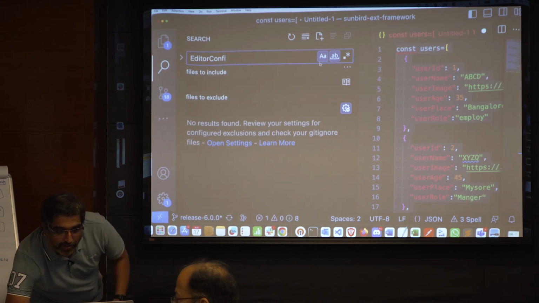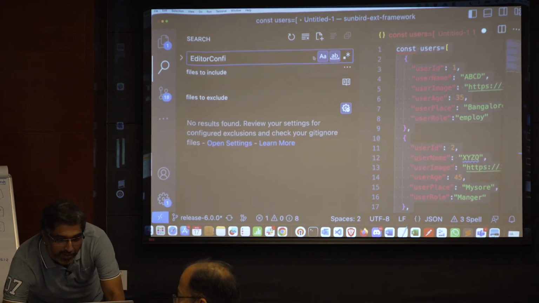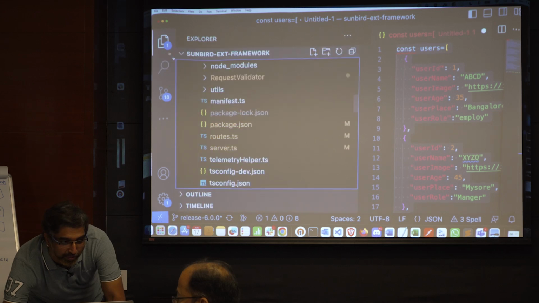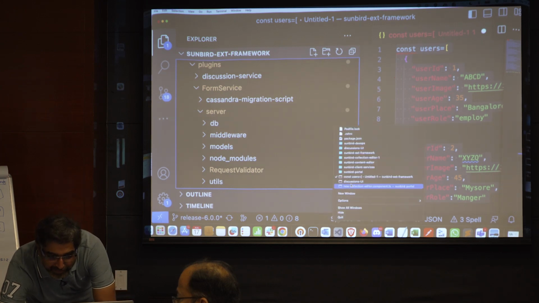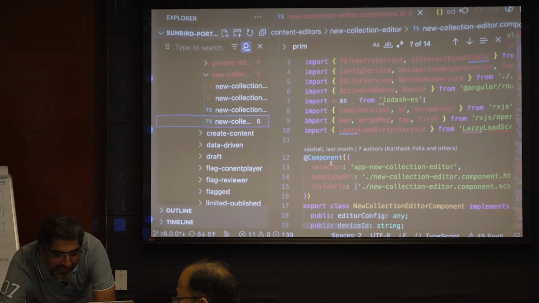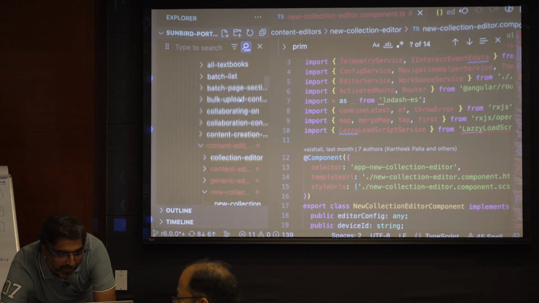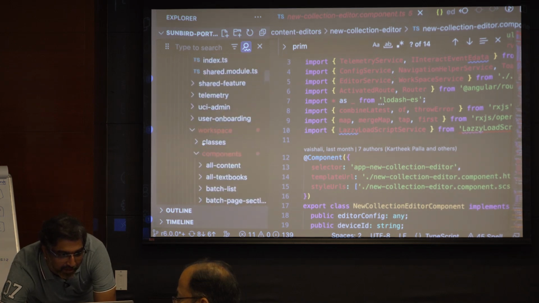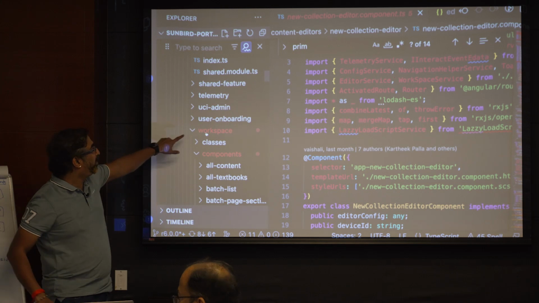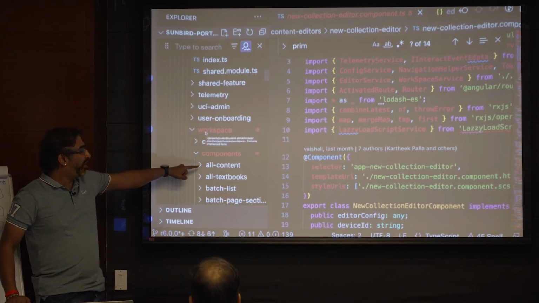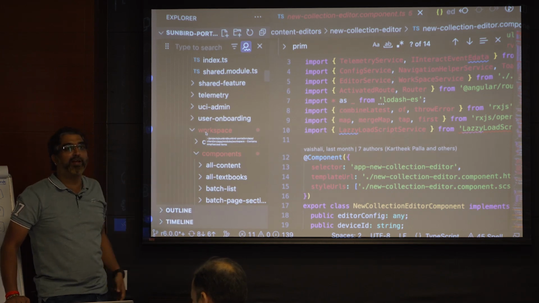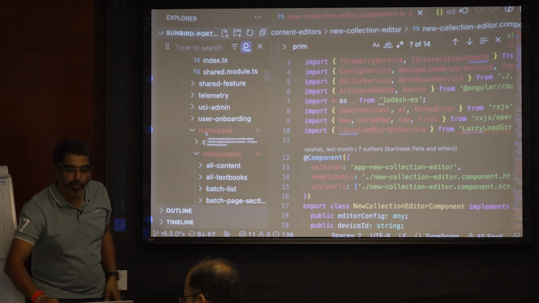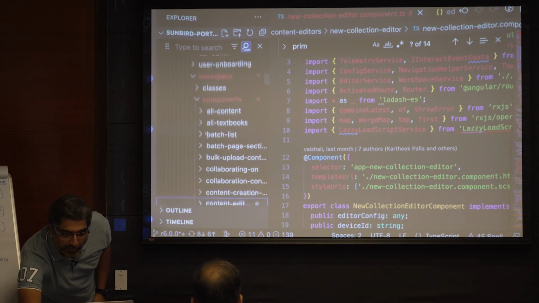This is too big. Go to the folders. What are they? Okay, this is the extensibility framework. So the whole complete thing is inside this. You can see all contents, similar to this. There will be one more called submitted for review. All those things will be available here only.